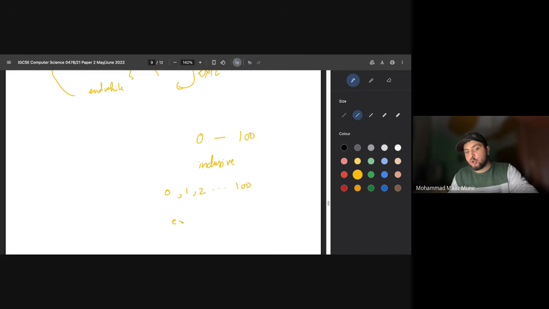If it says exclusive, exclusive means that 0 and 100 are also not correct. So they are out of range. So when a question says that it's inclusive, this means that they are also in the correct range, or are basically included. Sir, I don't understand that when we write an array program, we don't write input values, but